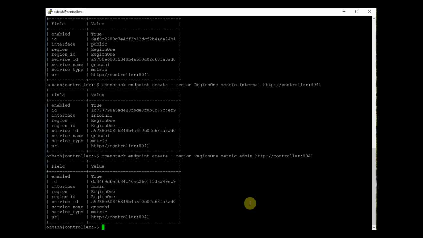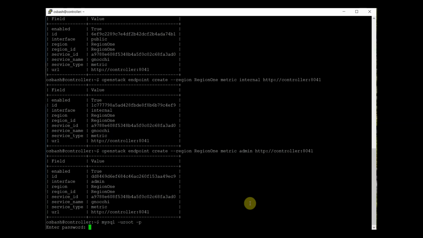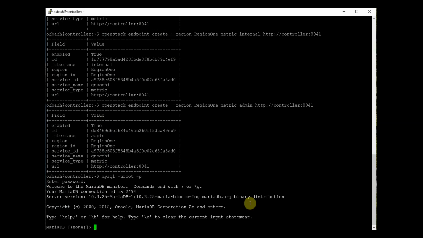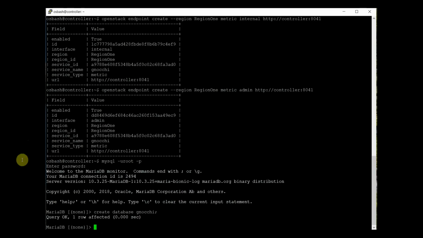Once the admin endpoint is created, I need to log in to my MySQL database and create the database. First I will create the database named gnocchi, or however you call it. Again, I request you not to get into pronunciation or spelling, because what is important is the concept.